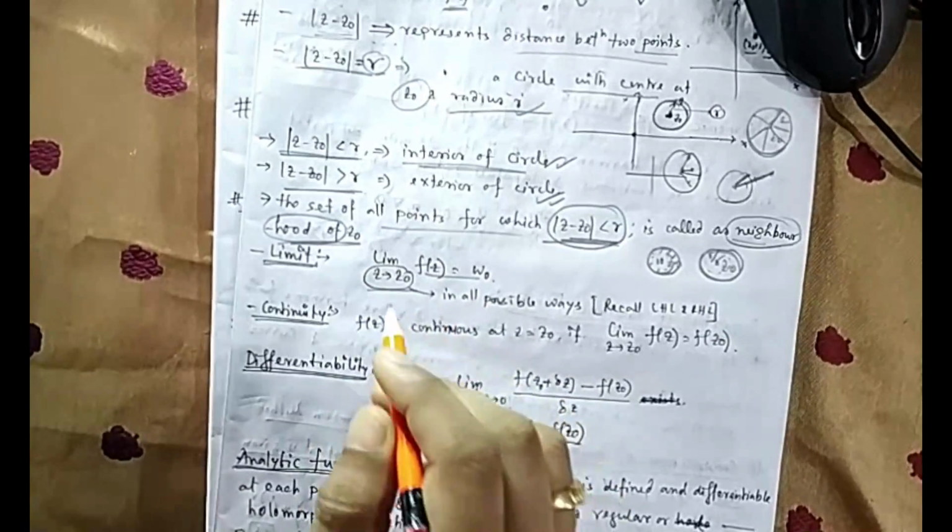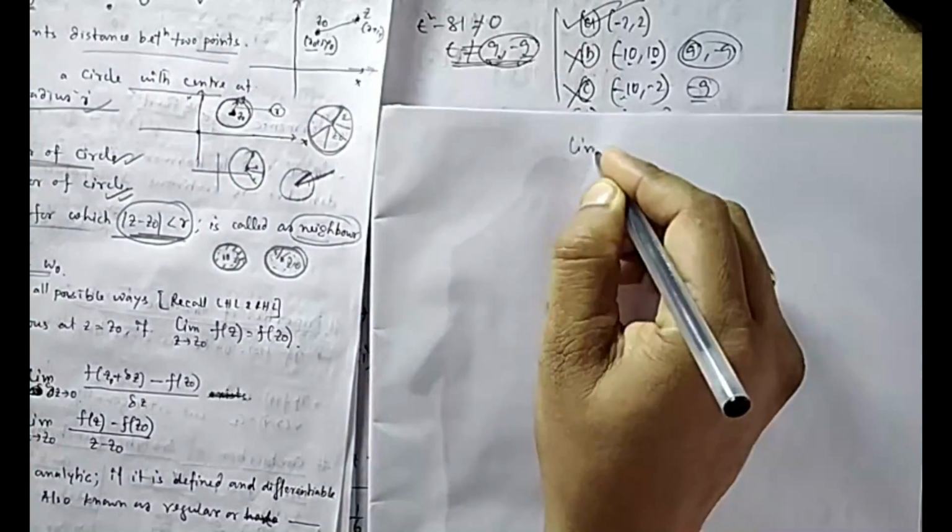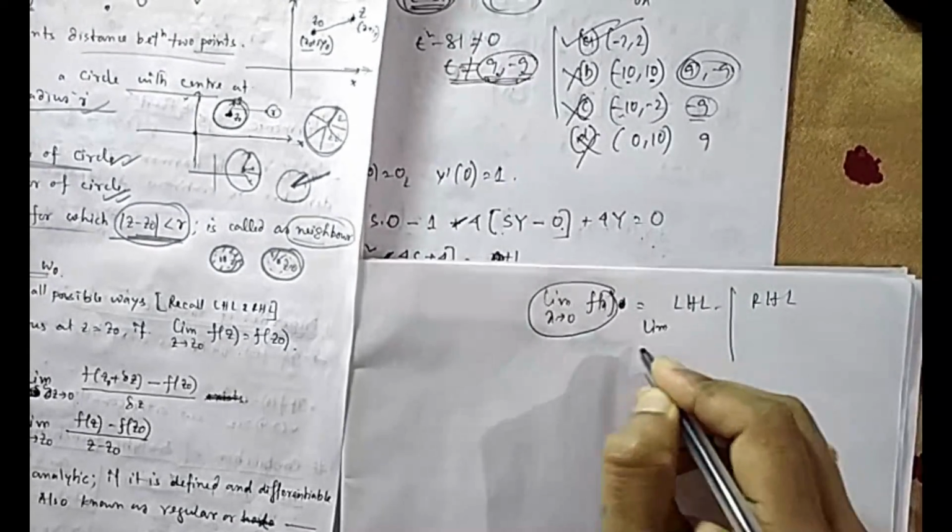Now what is limit in our normal function? Limit is the same as here in the complex also, limit z tends to z0. But in our normal functions, when we are discussing limit, you used to say limit x tends to 0 of f(x), which was, when we say this limit exists, we are calculating left hand limit and right hand limit. You can recall what was left hand limit, x tends to a minus, suppose it is a, and it is limit x tends to a plus.